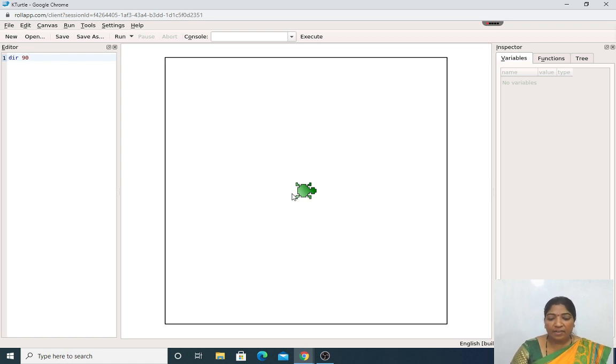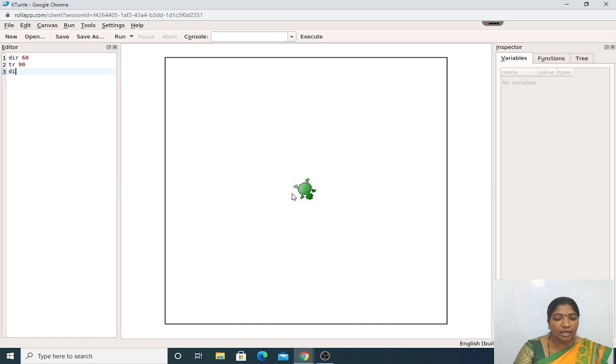If I see the direction of the turtle in the center position, that is reset, after that I will enter the direction of the KTurtle like DIR 90 or 60. If I write it, it will turn. Again, if I write TR 90, it will turn slightly in the clockwise direction.